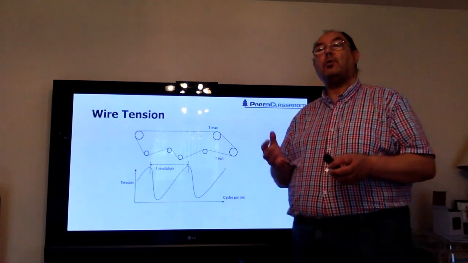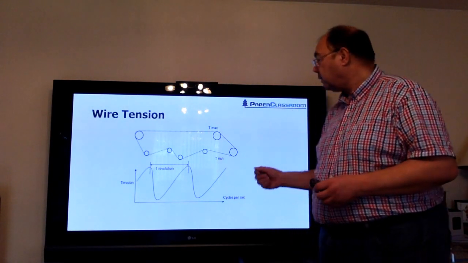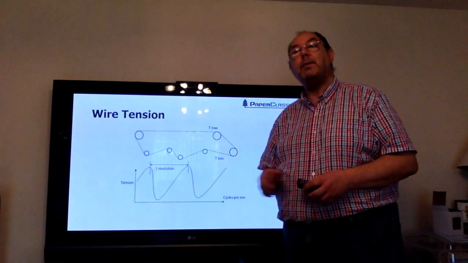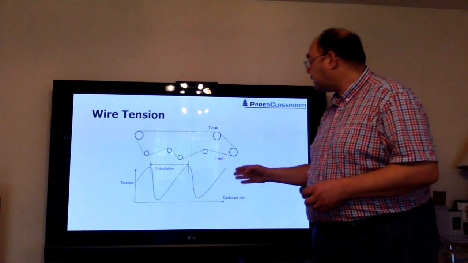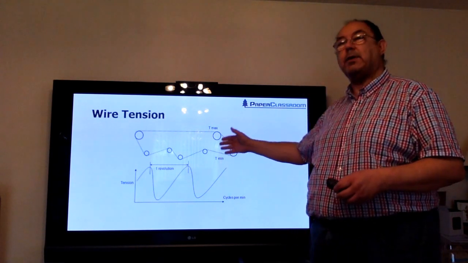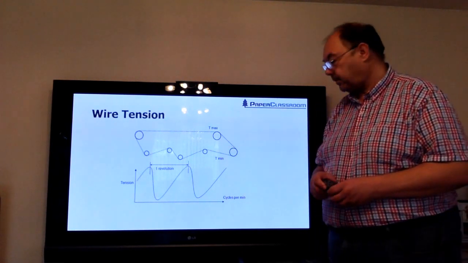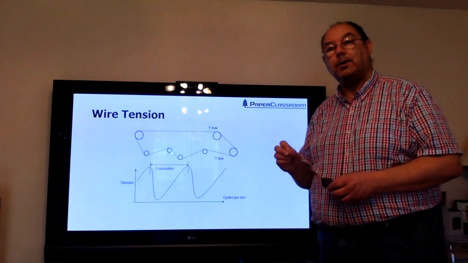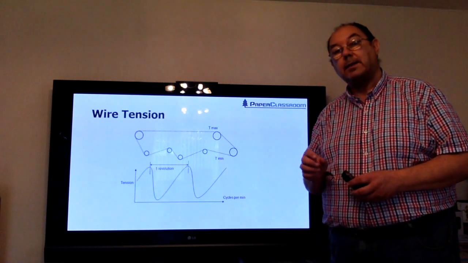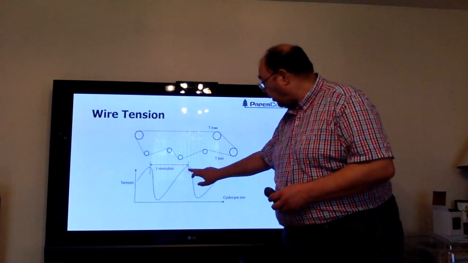Well, if you want to know if tension is changing as the wire gets older, you could in theory measure it anywhere, as long as you always measure it in the same place and you see if the tension has changed in that place. So you measure it where it's convenient and where it's safe. But manufacturers will tell you what the maximum tension should be. And if that's the case, then you need to measure the wire tension at this point here,